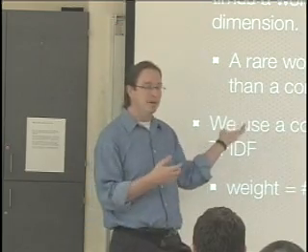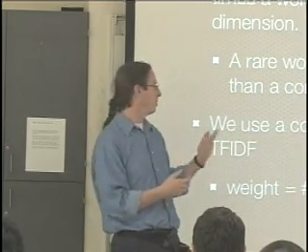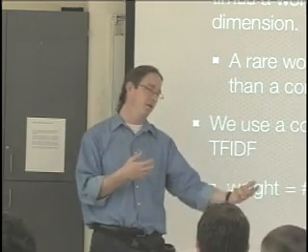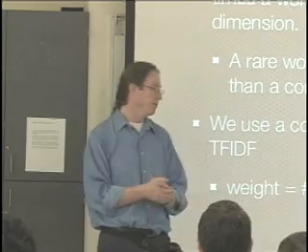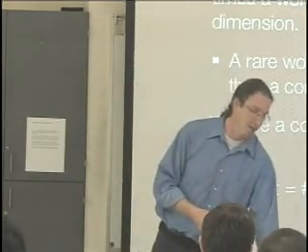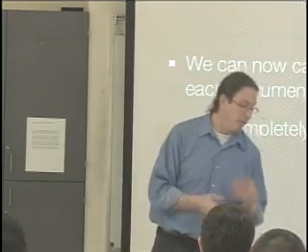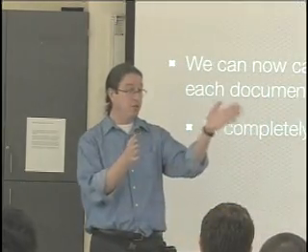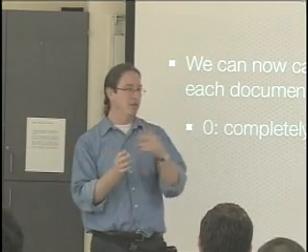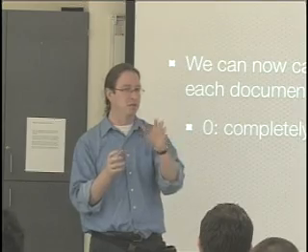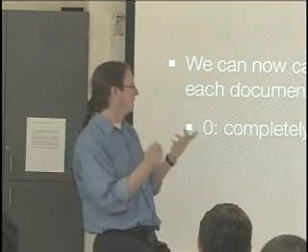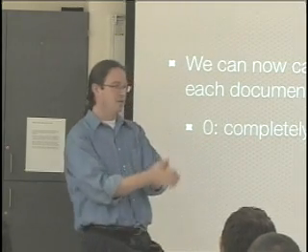The word this occurs everywhere, right? And so the word this occurring 10 times in a document doesn't really tell me anything. So I should weight that very low, very small, right? So TF-IDF is a standardized weighting scheme for doing this. In the interest of time, I won't go through the math. But once we have that, now we have a vector for each document in our collection. Okay? And we've weighted the dimensions of each vector according to how important we think those words are. Now we can calculate the cosine of the angle between them. And cosine has this nice property that, so what's the cosine of 0?